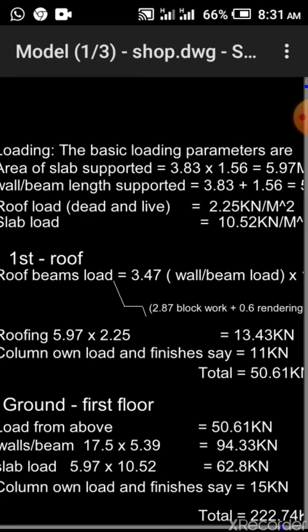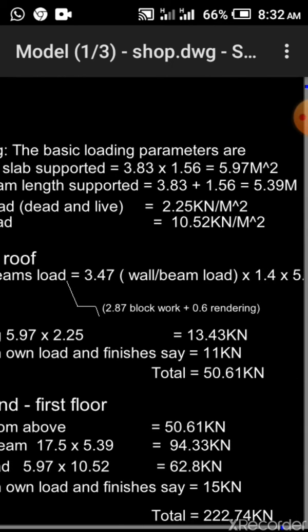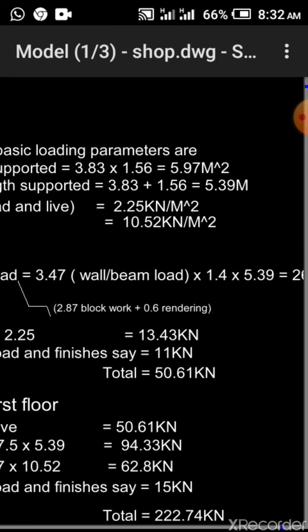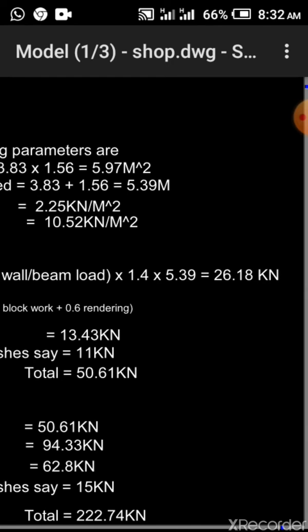For your block work, the load is 2.87 for a 9 inches block, which is your 225 block, and your rendering is 0.6. That is where we got 3.47 from, multiplied by 1.4,